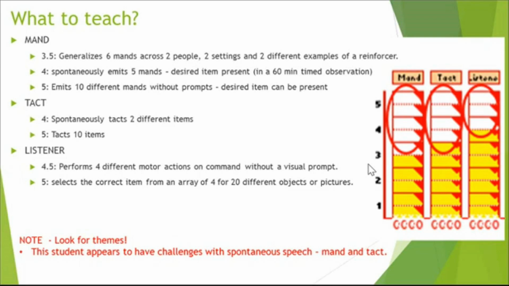It is fairly typical for a learner with ASD. So a lot of times play skills will be up there, but mand needs to be pretty low. A lot of this vocal behavior is going to be pretty low. The strongest repertoires for the student are visual perceptual, play, social, and imitation, and right off the bat, I would